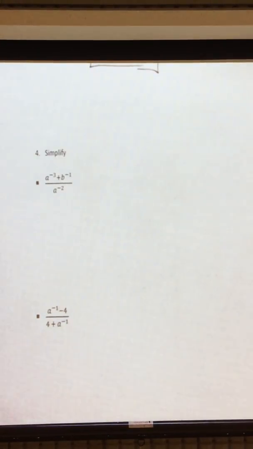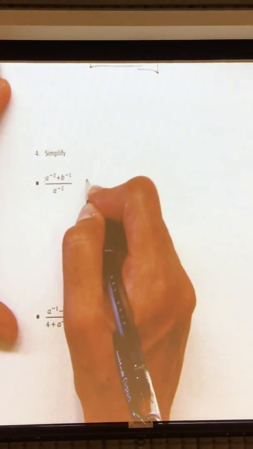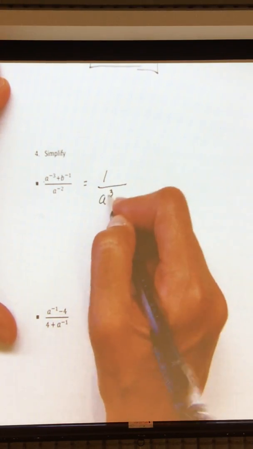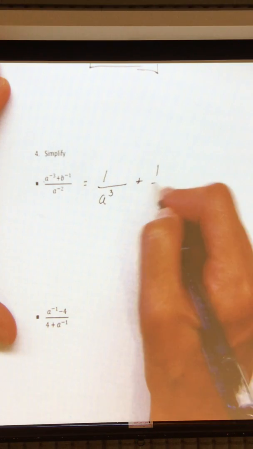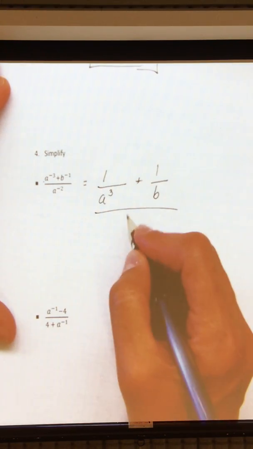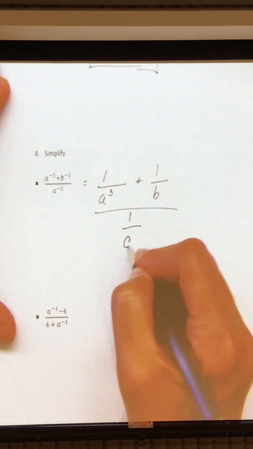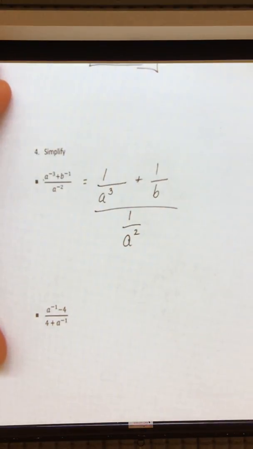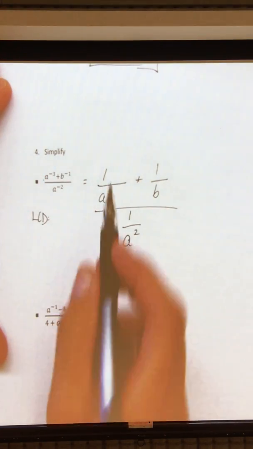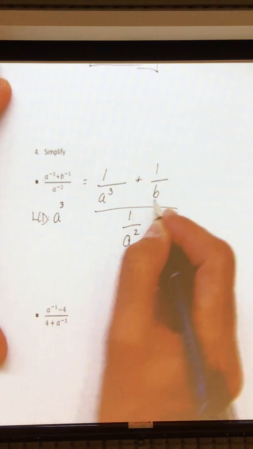Moving on to number 4. A to the negative 3, again remember our negative exponent rule. A to the negative 3 is 1 over a cubed. B to the negative 1 is 1 over b. A to the negative 2 is 1 over a squared. Looking at our denominators, our least common denominator is the higher degree, which is a cubed, and we also have